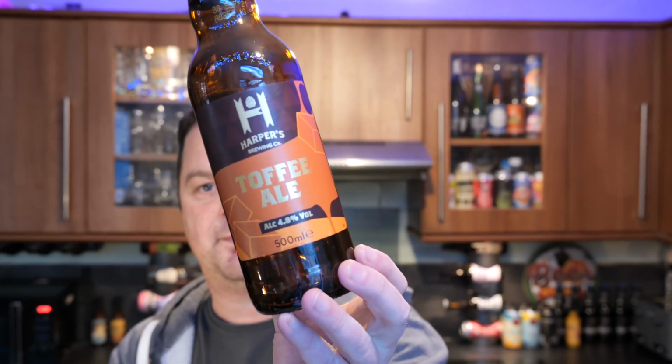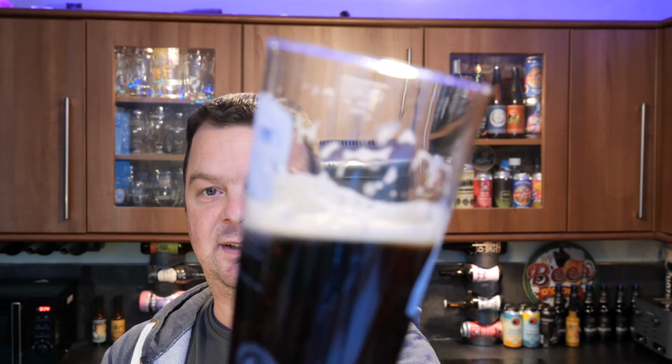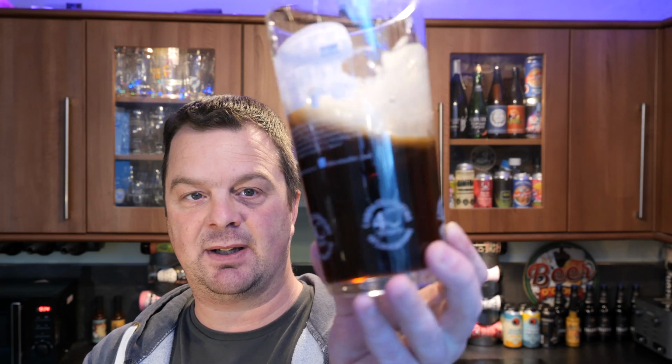But rating for the Harper's Brewing Company's Toffee Ale, 4.8% ABV. It's got good lacing. It's got a good head on it. Nicely carbonated beer. It looks like a dark mild. For the price point, let me remind you, for that £1.20, £1.25,